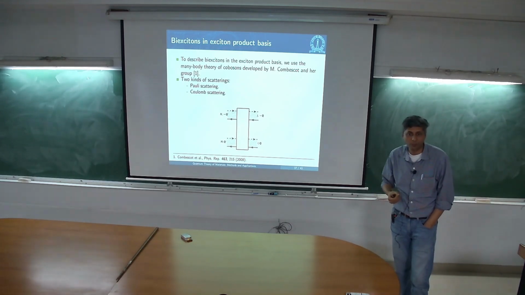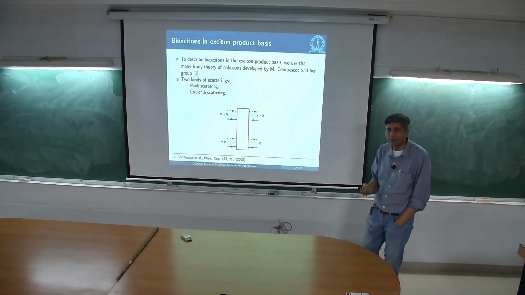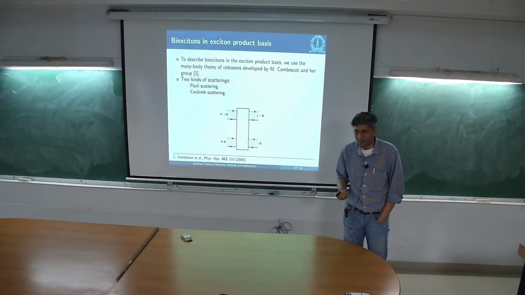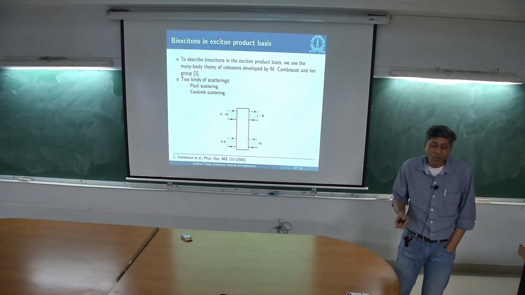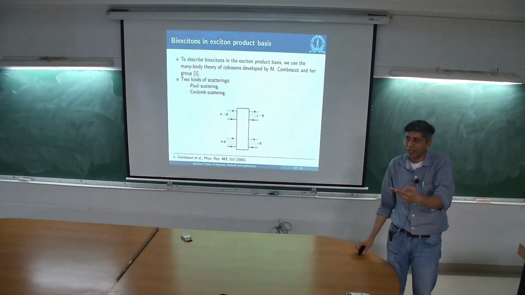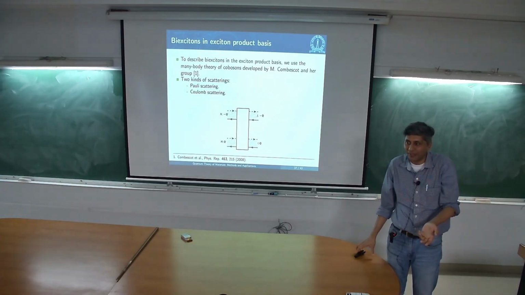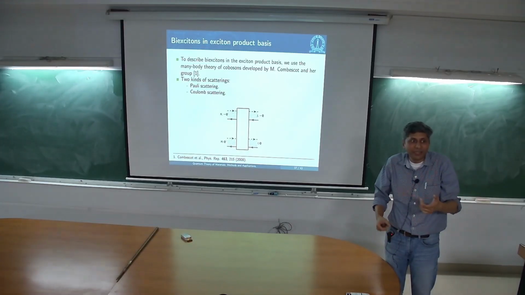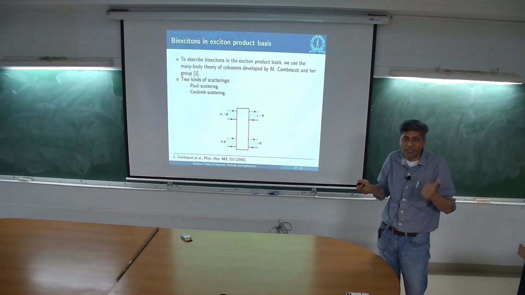theory for composite bosons. Excitons are not really bosons, even though we often think of them that way, because they are made up of 2 fermions. So it is an effective spin 0 or effective spin 1 particle, but it still remembers that there was 1 electron and 1 hole inside it.